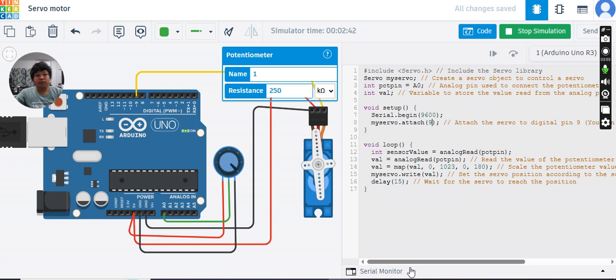So that's it for controlling the servo motor using a potentiometer. And if you have any questions, you can direct message me and